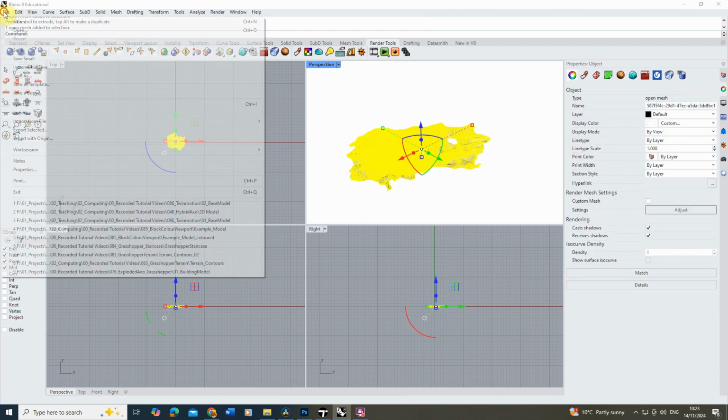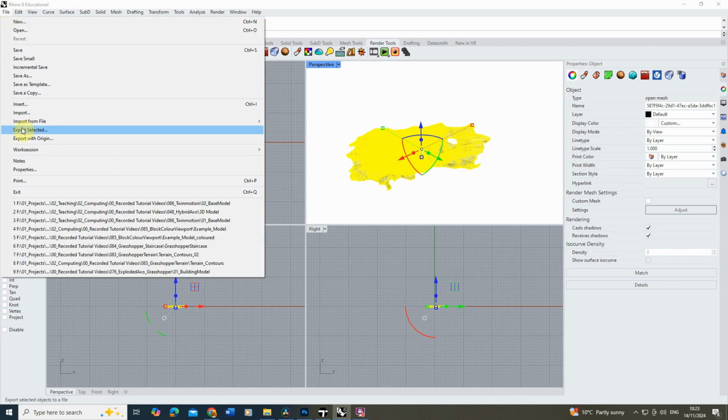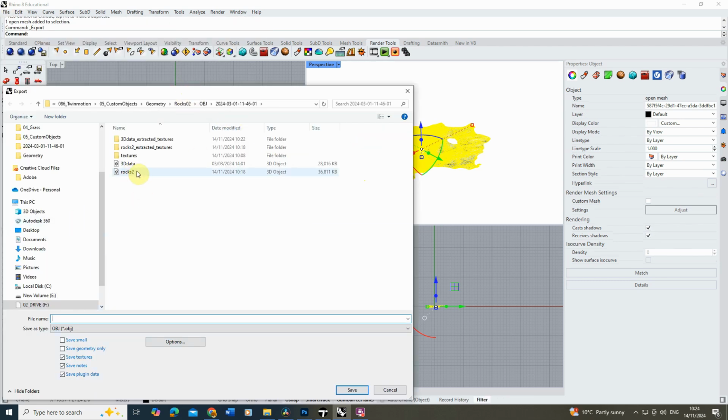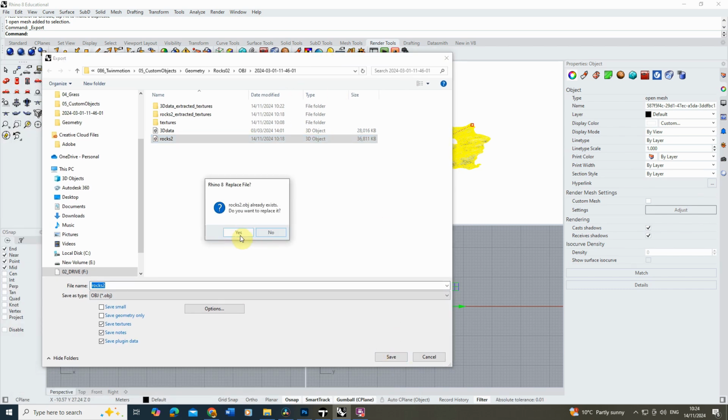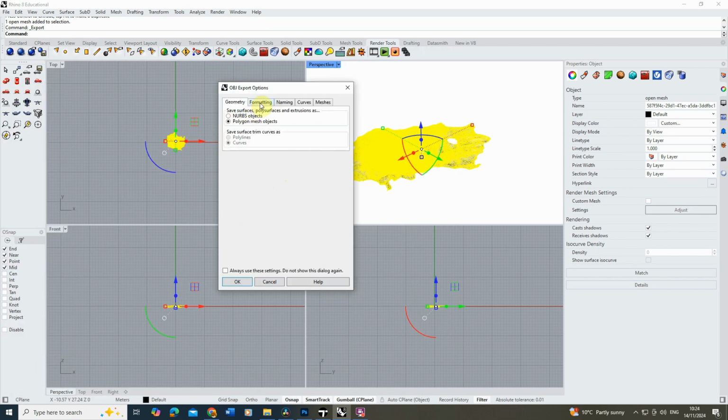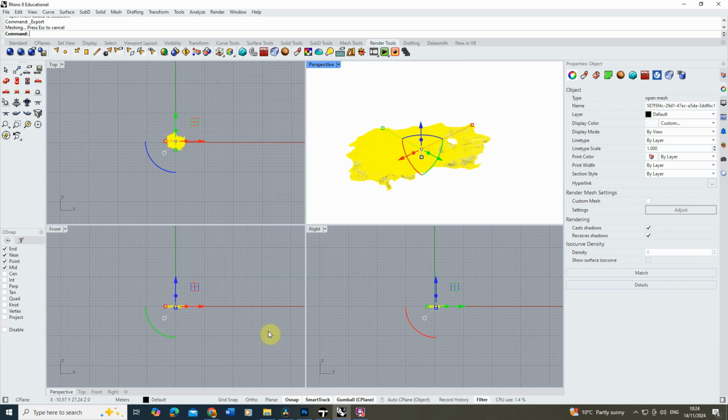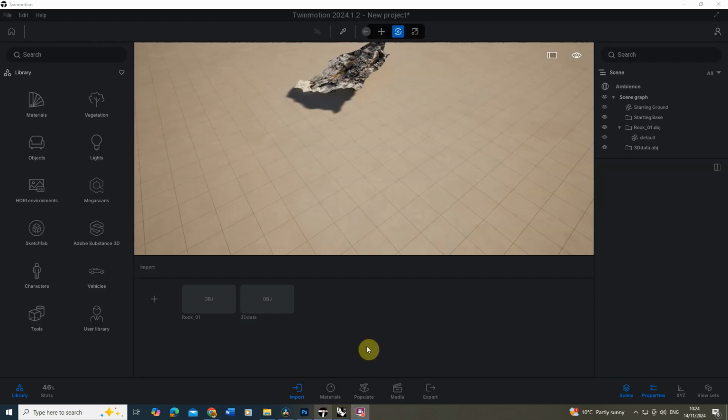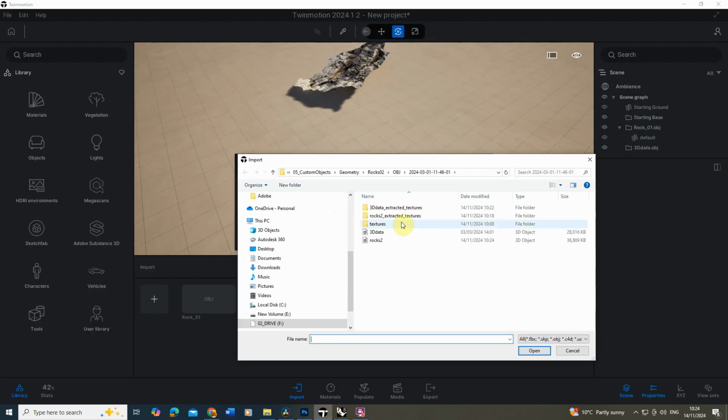Once it's the right way, I'm just going to go File, Export Selected, select it as Rocks 2 this time, click Save, and then under the formatting, and this is the important part, make sure that this box here, Map Rhino Z to OBJY, is unticked. This will make sure that it actually comes in the right way and isn't flipped around as normally happens with OBJs. Then we hit OK, go back into our Twinmotion file, and then again let's import this in, hit Open,